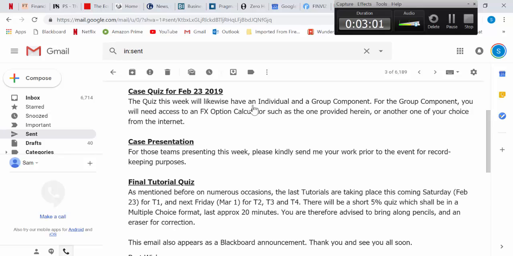You will need to bring along an FX option calculator of some sort. I provided one in my email, which I also uploaded to Blog. You can use that one, or any other of your choice, but you will need access to the internet or a tablet or laptop for the second part. It's going to be like last time: we have an individual part, and a group part. For those of you who are doing the presentations,